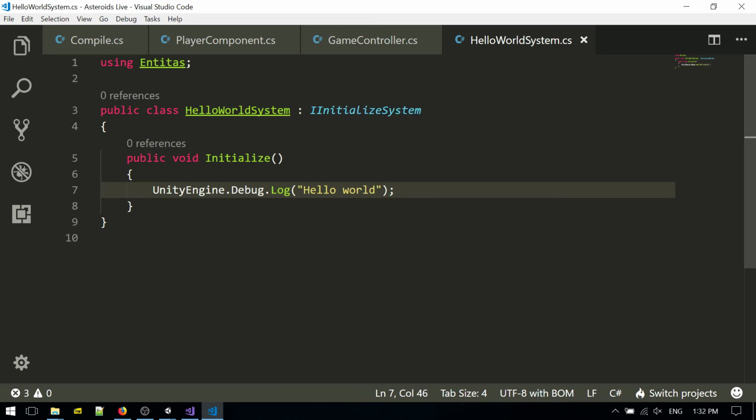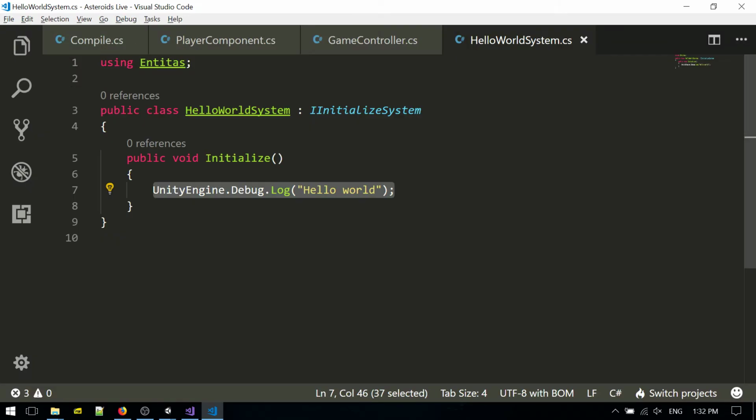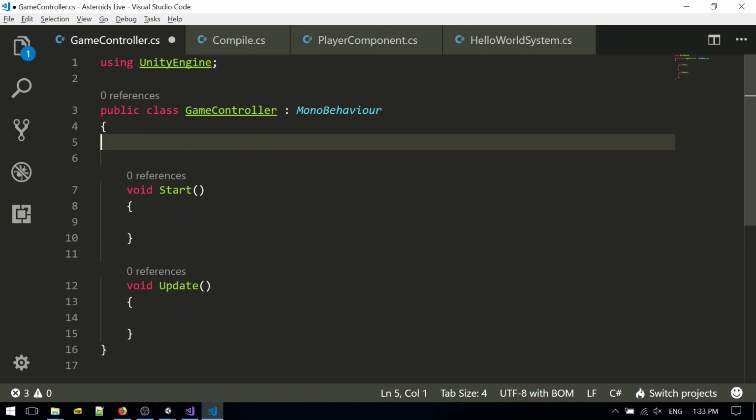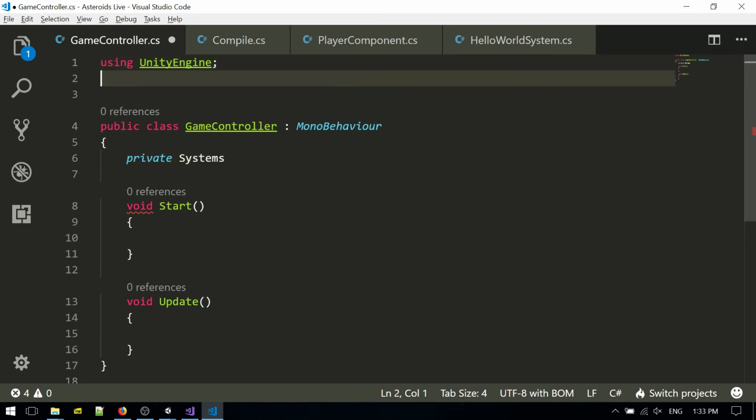As you can see, it doesn't have anything to do with Unity itself, except debugging. So we need to actually glue this system to Unity, so it can actually debug something. In our GameController script, we usually create all the systems up front, so we know the order in which systems are executed and initialized, and they are stored in the helper Systems class. Private Systems, don't forget to add using Entitas here. Systems,